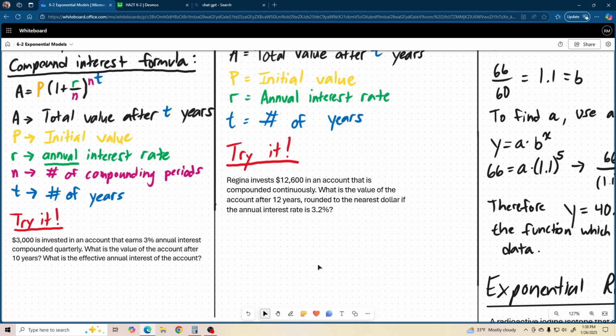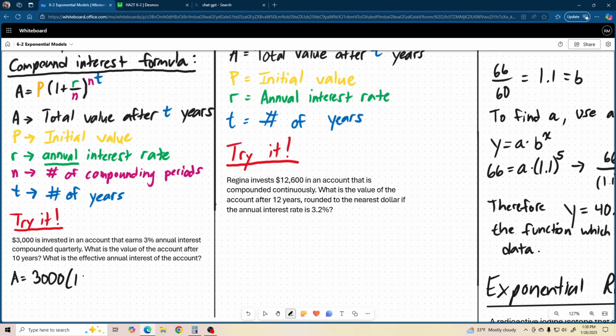So $3,000 is invested in an account that earns 3% annual interest compounded quarterly. What is the value of the account after 10 years? What is the effective annual interest on the account? Okay, so let's go and do this. So we have $3,000 is going to be what? Our initial investment, right? So we don't 100% off the top of this know, we don't know the total yet. So we're going to say A equals 3,000